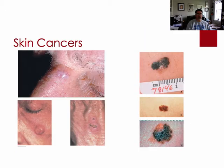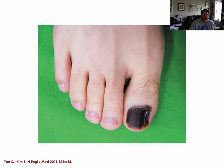These are some examples of skin cancers that have been seen. This top one is basal cell. This is squamous cell carcinoma. These on the right side are melanomas. These are very characteristic of the melanomas that we are concerned with. This actually happens to be a melanoma as well. Now this one is